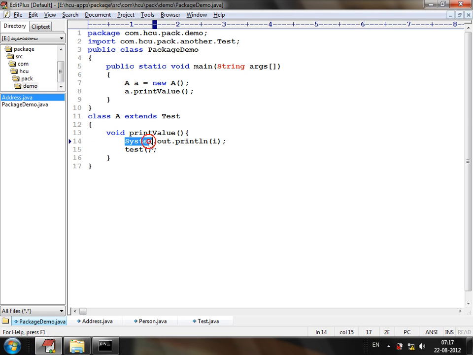So within the boundaries of the subclass we can use the protected members. We can use the protected members only within the boundaries of the subclass. Now let's consider that I have overridden the